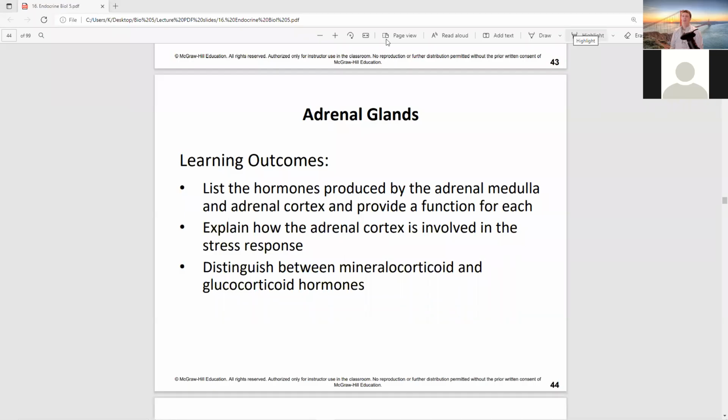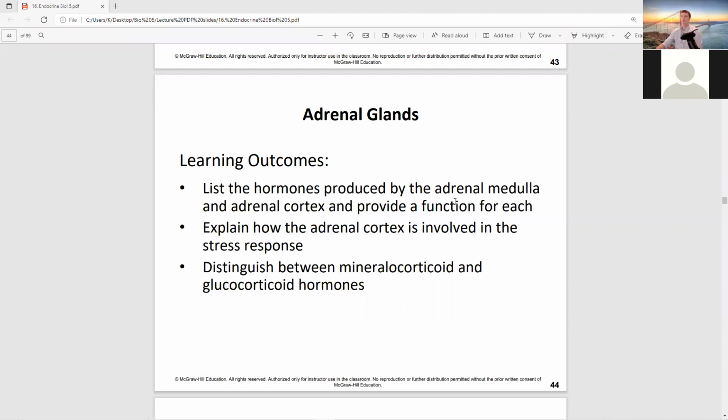Okay, so today we're going to finish talking about the endocrine system. So for adrenal glands, we have learning outcomes to list the hormones produced by the adrenal medulla and adrenal cortex, provide a function for each, explain how the adrenal cortex is involved in the stress response, and distinguish between mineralocorticoid and